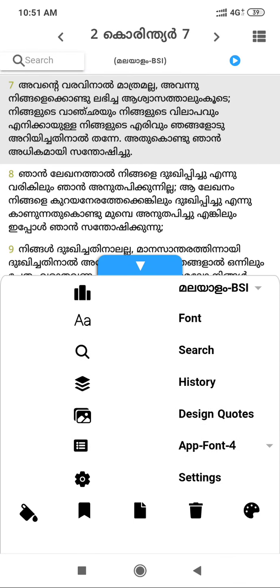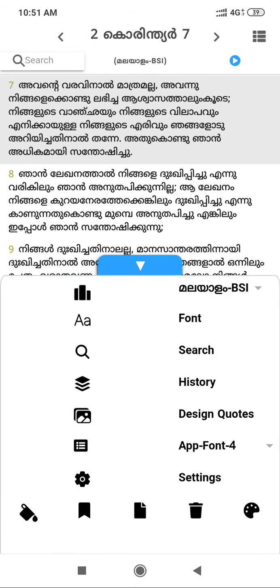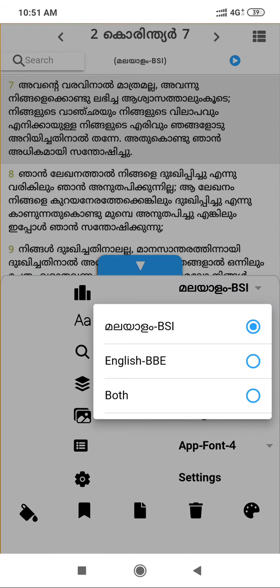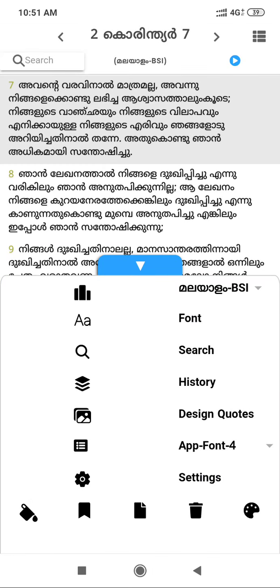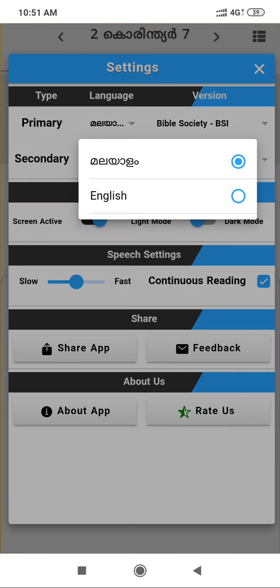If you swipe up here, you will find the options. Here you can change the version, Malayalam or English. This is primary Malayalam, and secondary English. You can change the order also. Go to settings, where primary is Malayalam, or you can change it to English based on your interest.